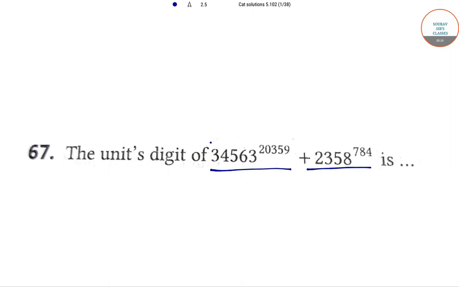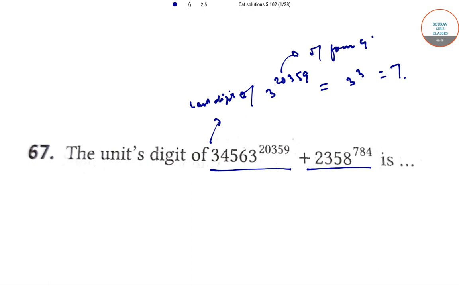So the last digit of this number is basically the last digit of 3 to the power 20359, that is equal to the last digit of 3 to the power 3, that is 7, as 20359 is of the form 4k plus 3. Now also the last digit of 2358 to the power 784 is equal to the last digit